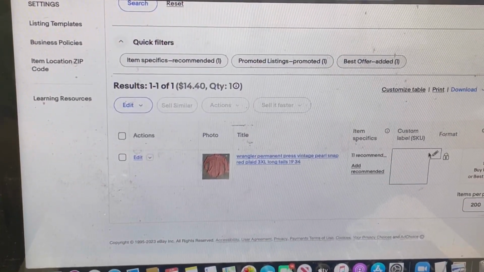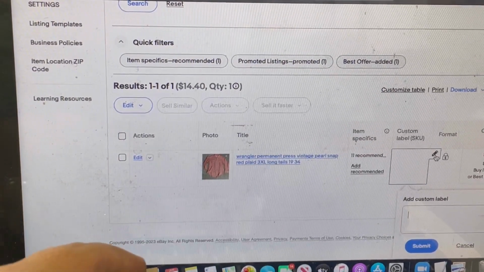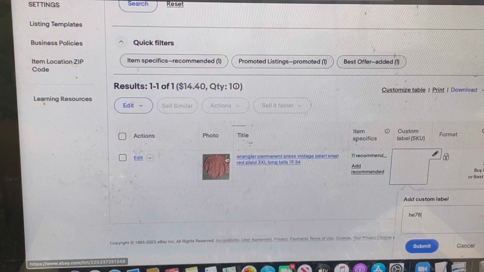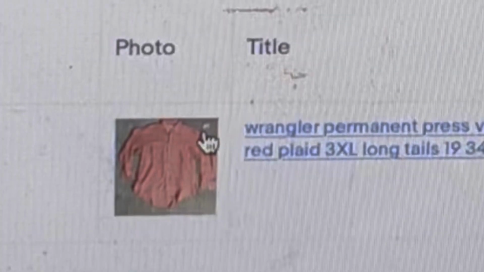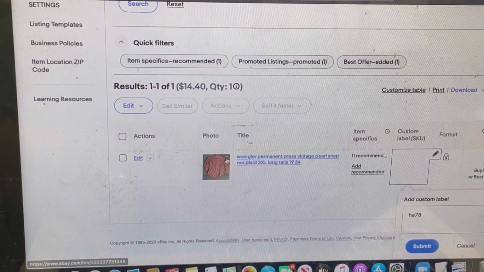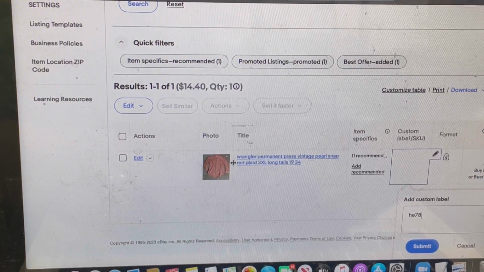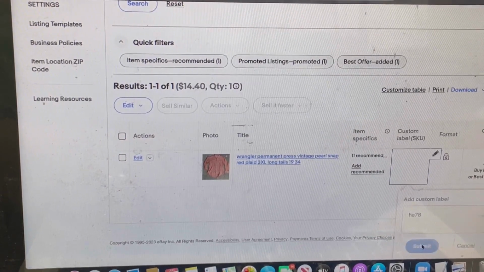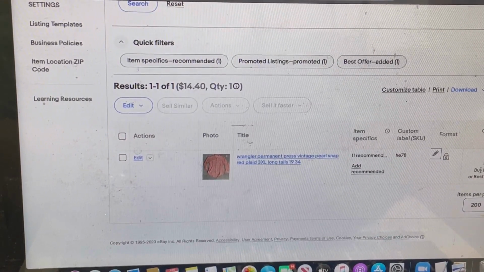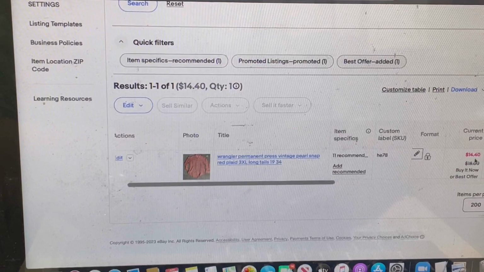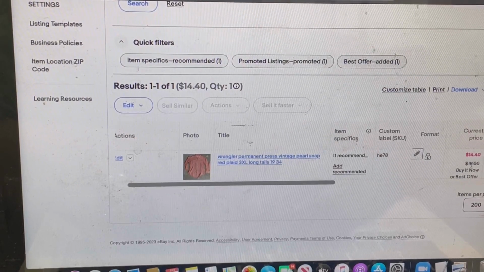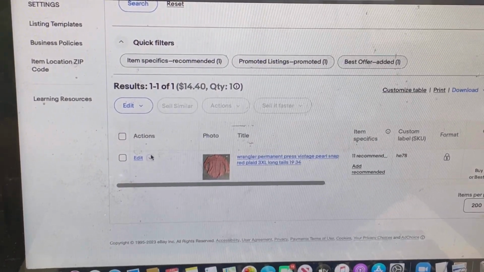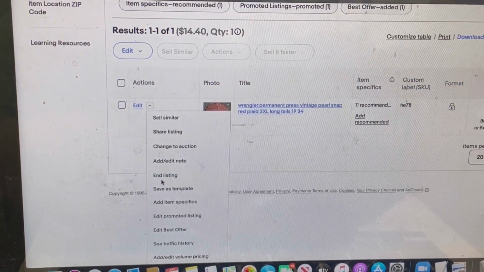So then I will do, it's going into HE78, and it's coming out of HE78 too. And so if you see this teeny little speck on it, that is what says, if I clicked onto that picture, it says what the location is. But now I've got it in the item location, and a lot of times I would at this point change this price too, but because this item is on sale down from 18 to 14.40, it won't let me change that price right now. So then you end listing,